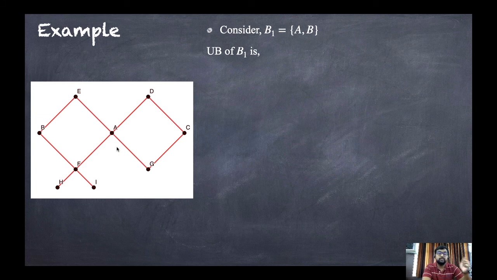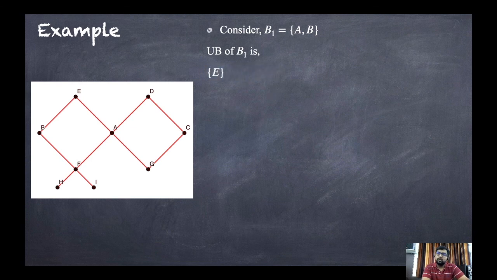Now, can we go from both the points A and B to E? Yes, we can go from B to E. Yes, we can go from A to E. Now can we go from A to D? Yes. But we cannot go from B to D, because first we go B to E, then from E to A we have to go in downward direction, and that is not possible because it is a Hasse diagram. So the only upper bound here is E.